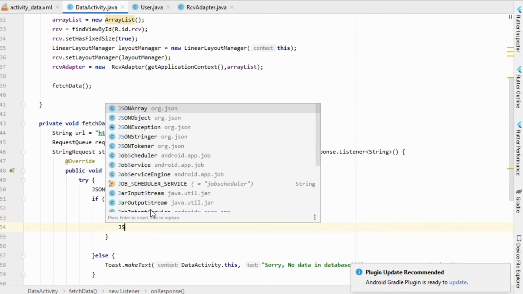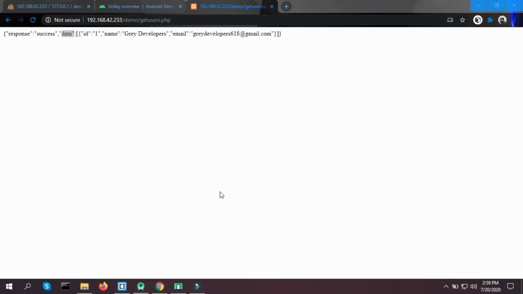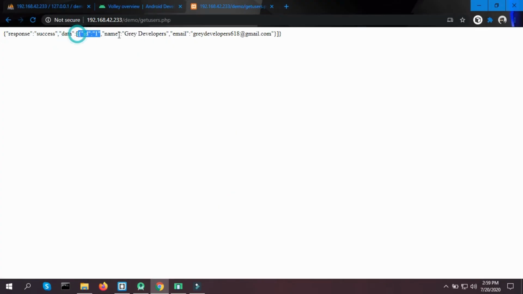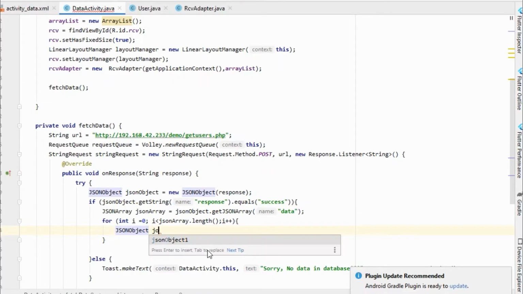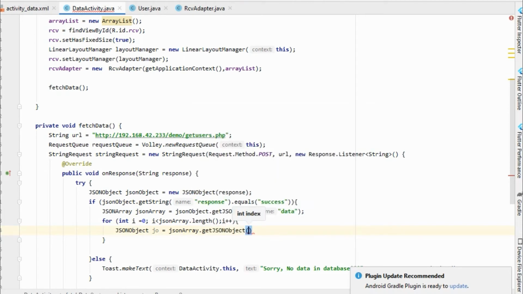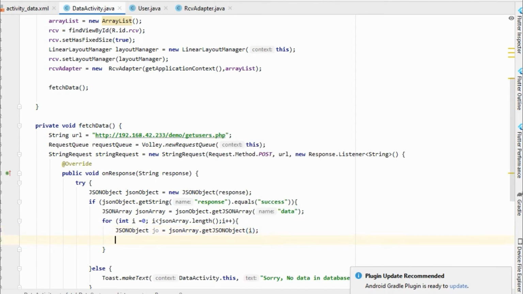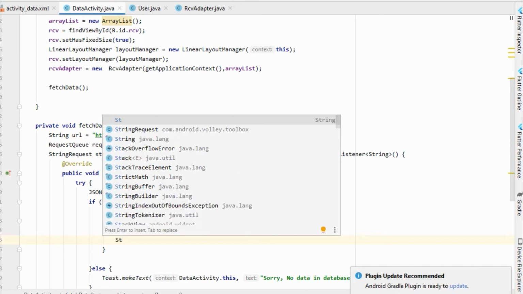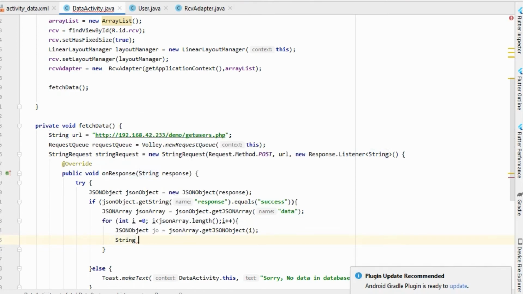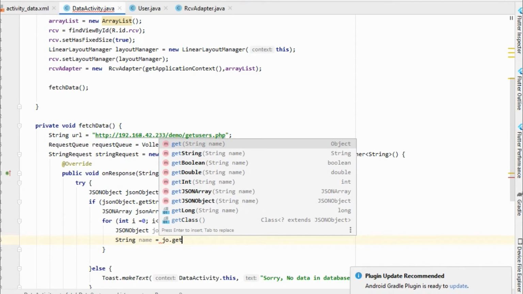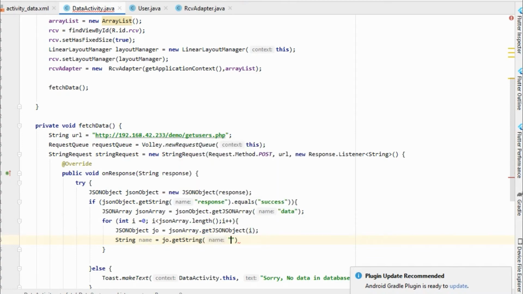So we again need a JSON object, because inside this array we have data in the format of object, right? So JSON object jo equals JSON array dot get JSON object, and we'll pass i in that. So now we'll take two strings. String name equals jo dot get string, the name will be name,